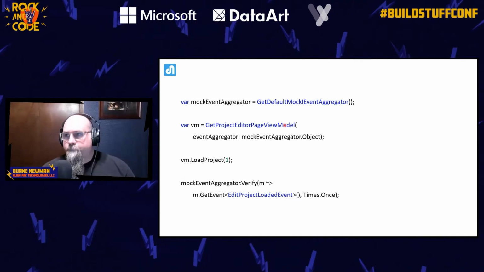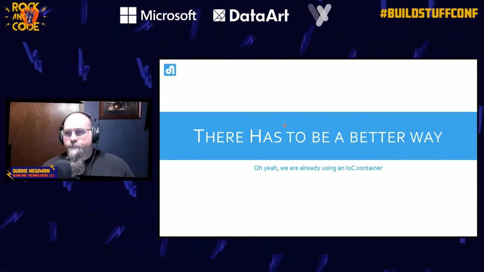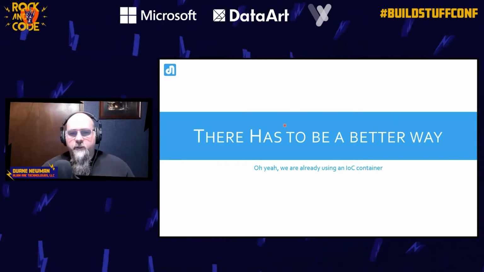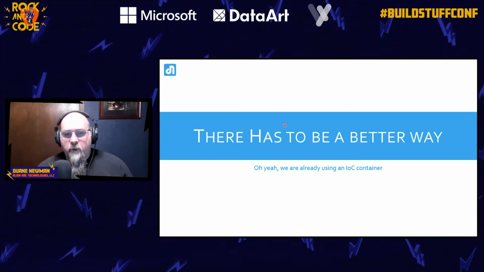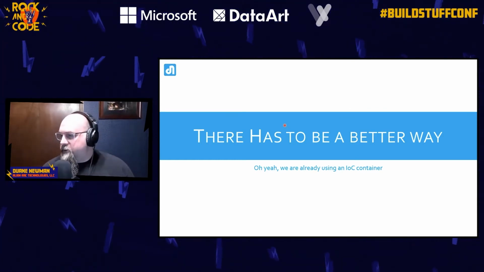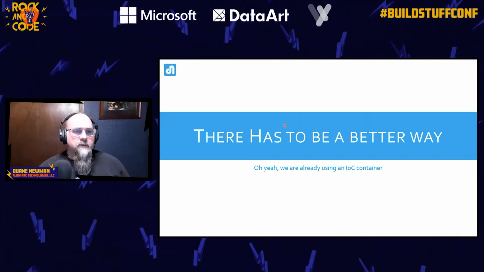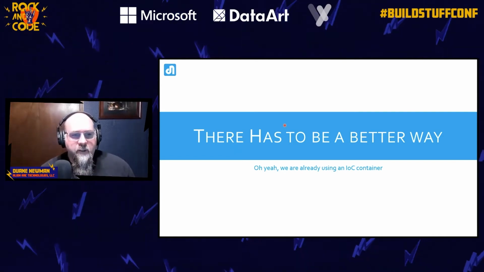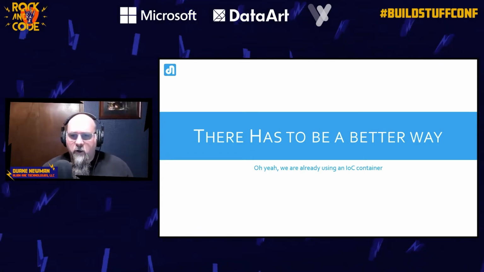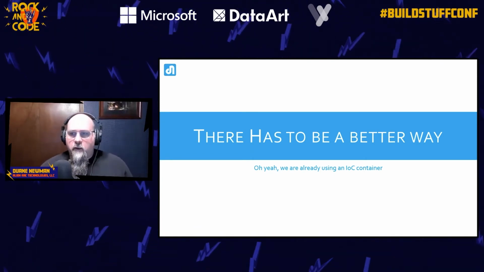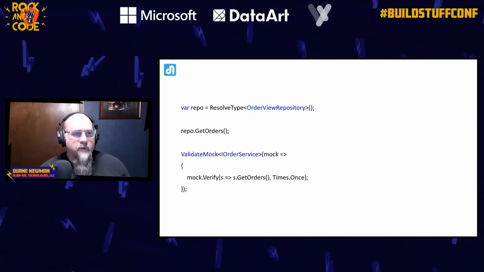And there was a point where I was sitting there working on it, and I thought, there's got to be some better way I can do this. And somehow it just hit me. I was sitting there looking at this code, and I realized that my app uses IOC to inject all these things. It's not instantiating and setting all the dependencies every time, in all these methods like my tests are, and it works just fine. I started thinking, well, what if I can make tests that looked something more like this,